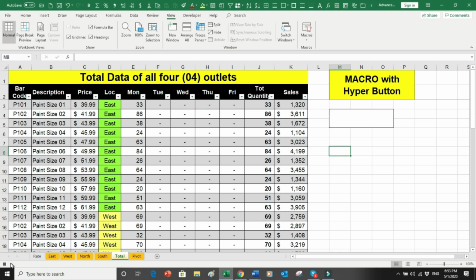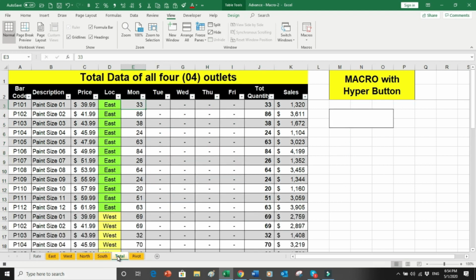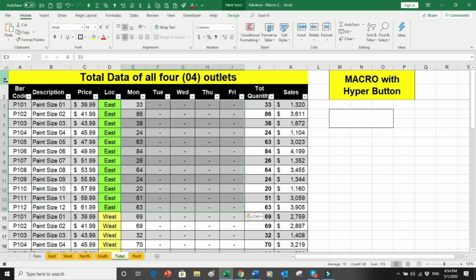So I will go to the Home button, and then come up on the quantity, and then go over here onto the east side and press Control Home, and select the quantity, Shift Control Down arrow key, and say copy. Come over here in the total and go on to Home, Paste Values, and then again